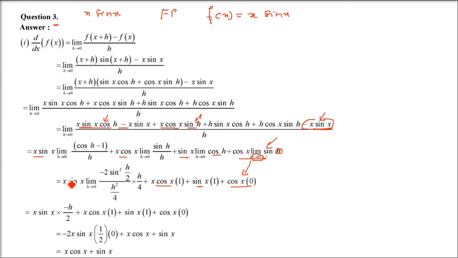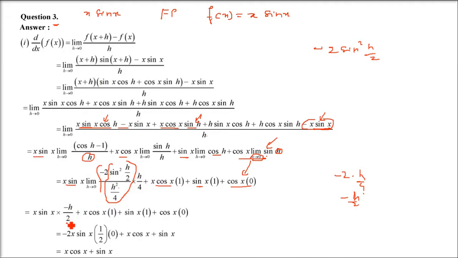Now coming to the first term. You have to see it very carefully because every question contains this one. Cos h minus 1 will be minus 2 sin square h by 2. And in the denominator you already have an h. So you need h square by 4 because it is sin h by 2 whole square. So you already have an h, you have h square by 4, and then you have to include h by 4 so that this gets cancelled in the denominator. So minus 2 into h by 4 will come, that is minus h by 2.